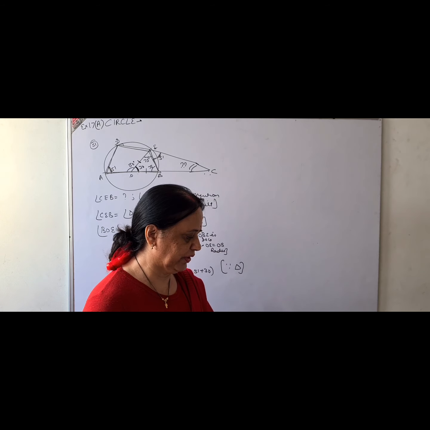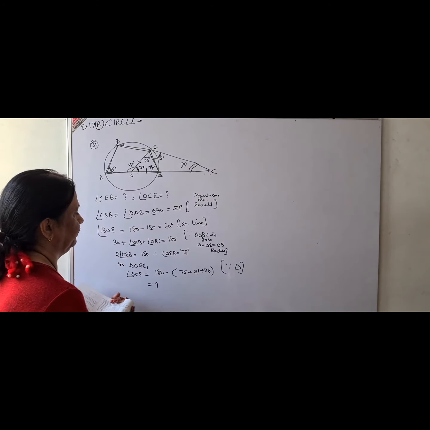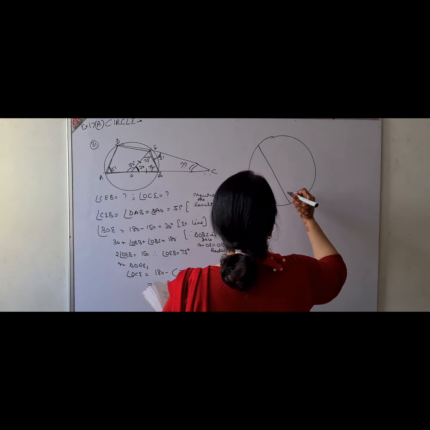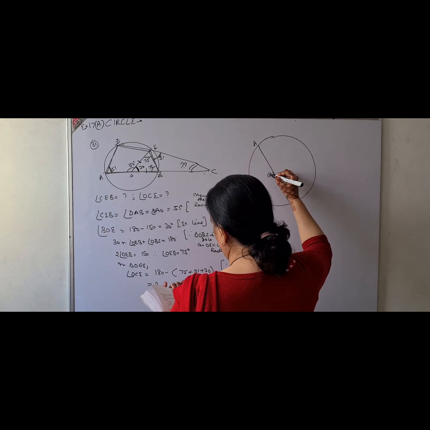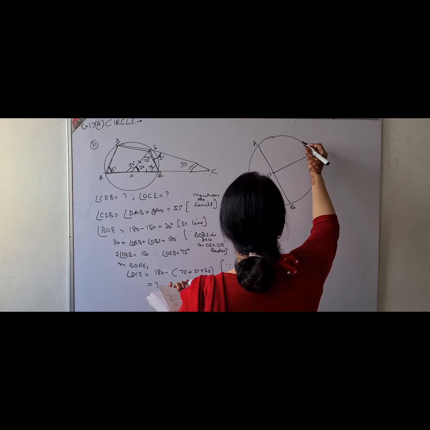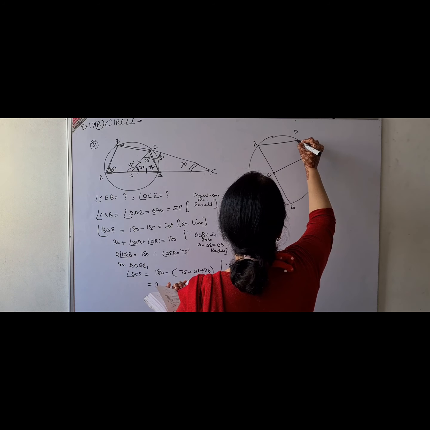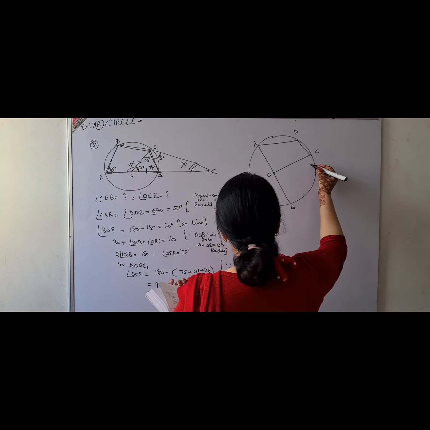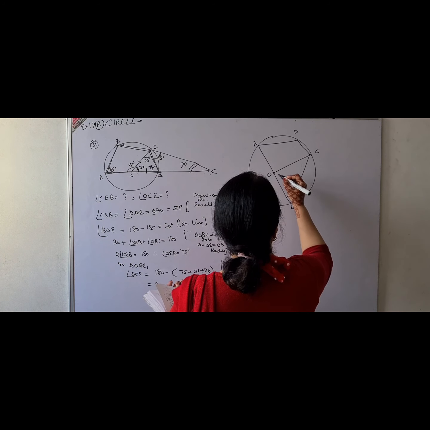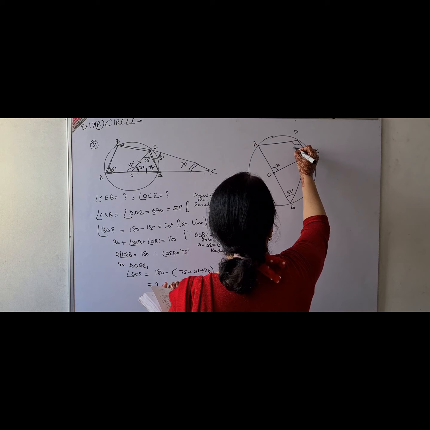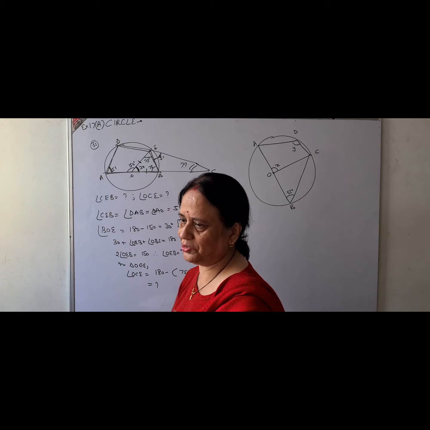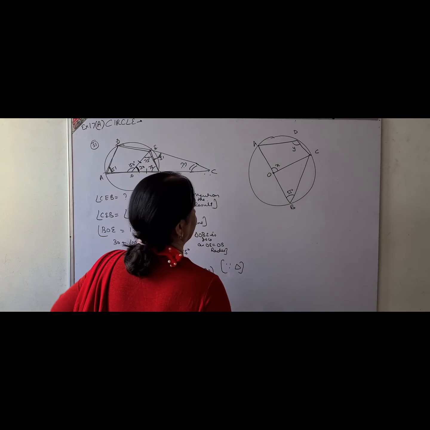Same thing. In the given figure, O is the center of the circle. A, B, C and D are points on the circumference of the circle. I have joined them and joined BC also, and I have been given 55 degrees. This is X, and of course this angle is very easy also. Just an application of two results that you can directly see.